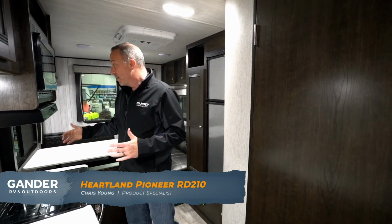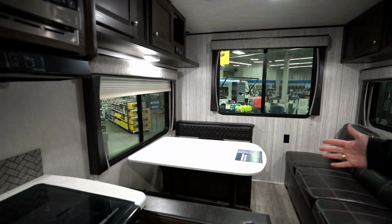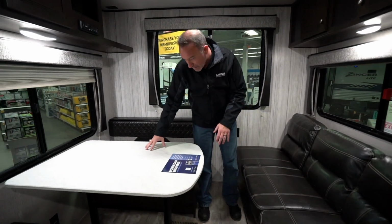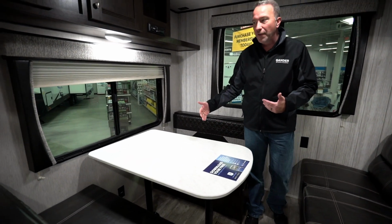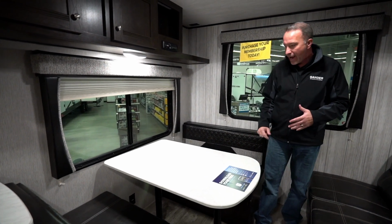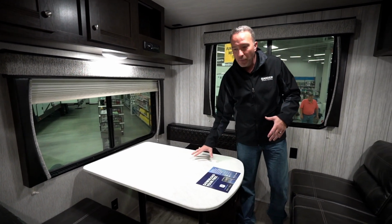This is a no-slide rear dining RV, and as you can see, step out the way here, you have plenty of space and plenty of room to not only entertain, but also sleep. We're going to start right here with the dinette. Easily fit 4 people here. You got the large bay campsite window, and this does reduce down into a bed, so you can sleep 2